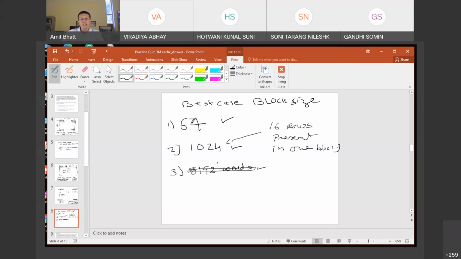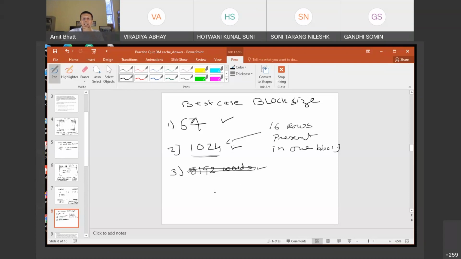So if my block size is as big as the total thing, that would be great. But this answer would have been correct if my cache size was larger. Here the limitation is because of the cache size, which is just 1K. So suppose I have put that this is my